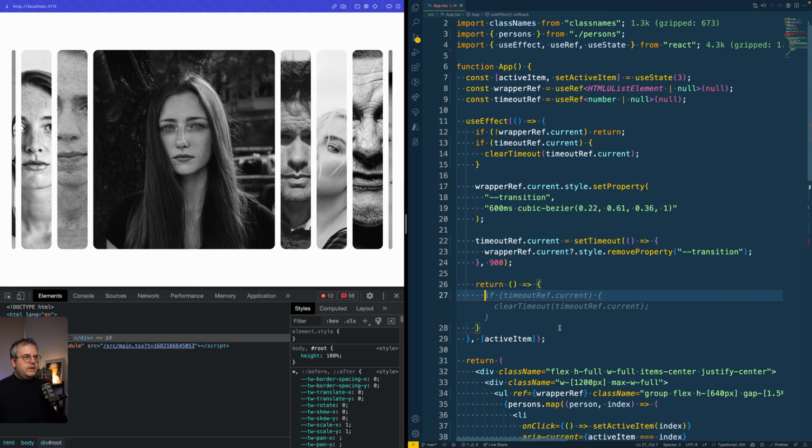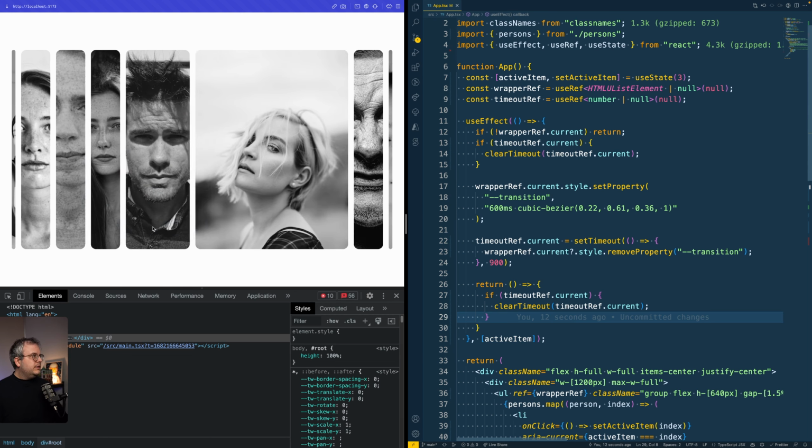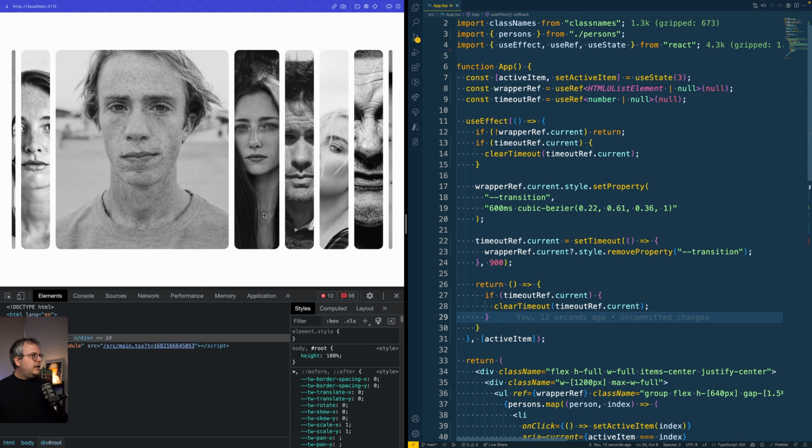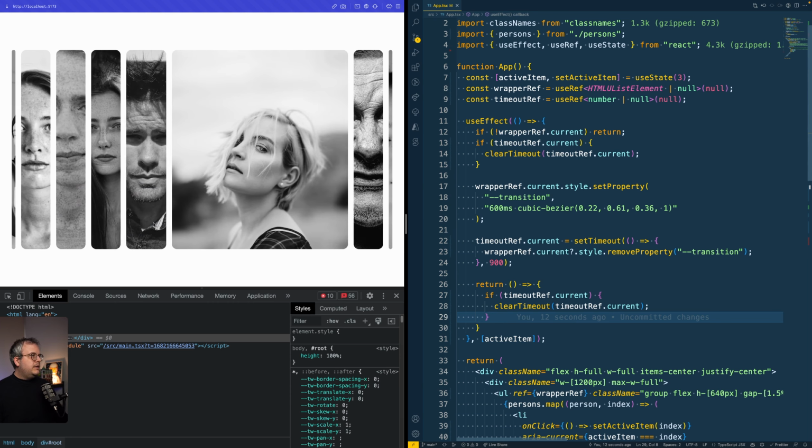And that cleanup function, thank you Copilot, also checks if there is currently a timeout running, and if so, it will clear it for us. So that way we will never run into the problem of having multiple timeouts running and then clearing each other at weird times that we actually do not want. So looking at the carousel, we still see that it's applied at the right moment, but it's not applied when